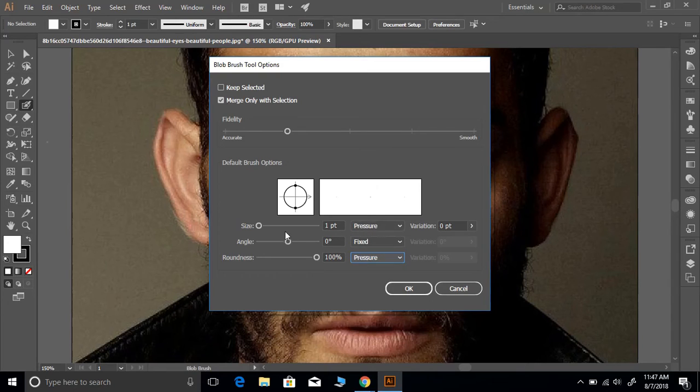And I have the size at 1. I think he may even have it at 5, so we can just put it at 5 for right now. The size will depend on the area of the face that you're drawing. In this variation, I put that over to the max of this. Because it's all based off pressure, which I'll show you in just a second, you want the maximum to be the same as your size. So when I hit OK,